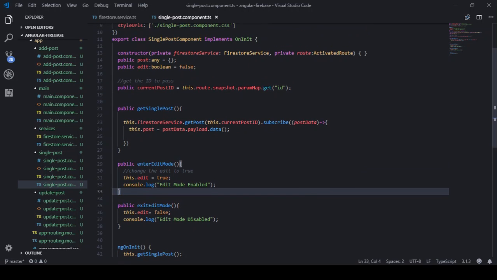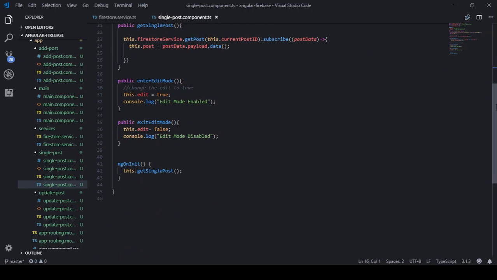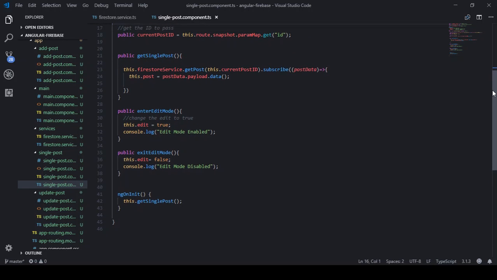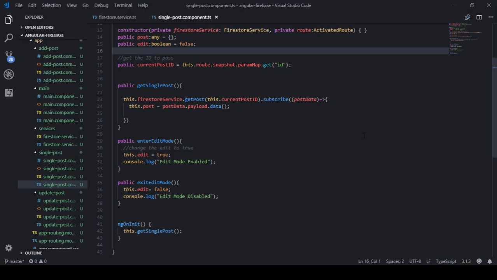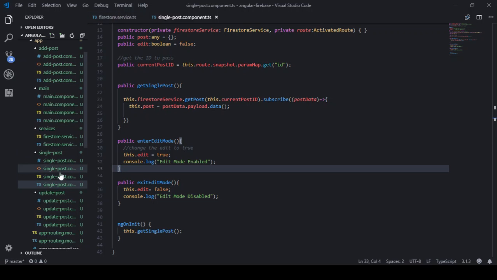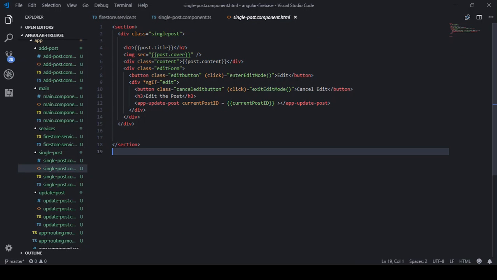I mean, here it's an empty object. We assign this to that variable, and that's all. We have our object. Okay, so this is the enter edit mode. This boolean is the edit. So when we click or when this function fires, we get this true. We make this console log that says edit mode enabled, and let's go to single post. And you will see that if I go to enter edit mode, I set this edit to be true, and I display this little